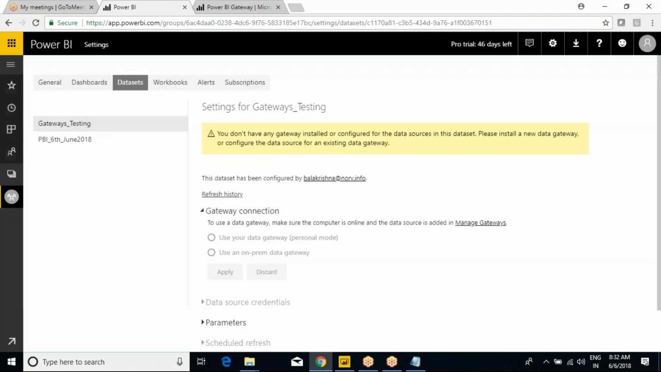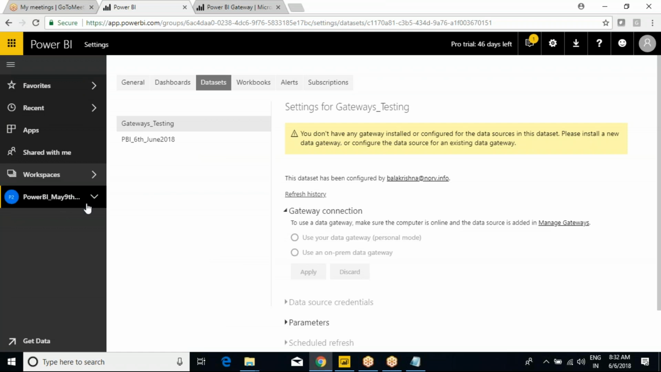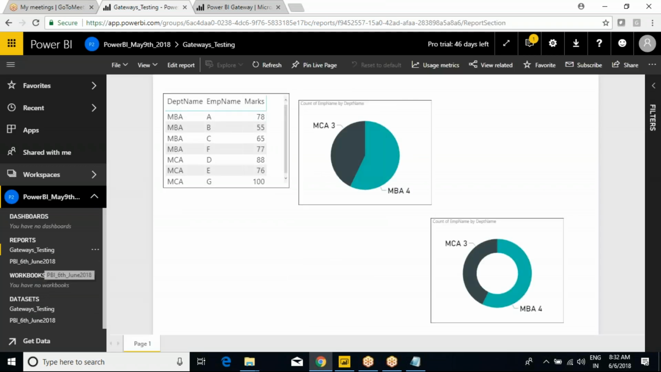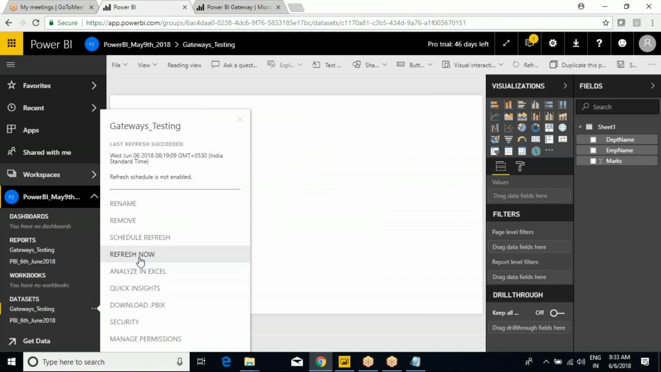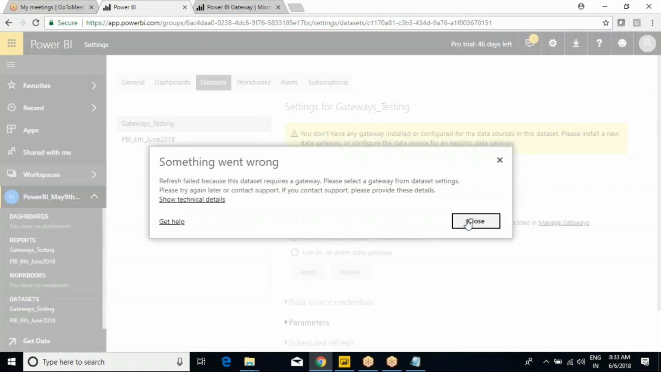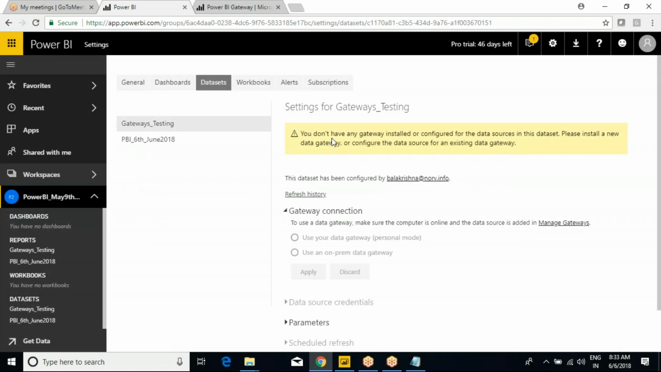Try to refresh. No, we still need to do something. Sorry. So now go to our workspace. Click on this symbol and go to our report, sorry, dataset. Click on this one. Click on Refresh now. Now click on the close button. Still it shows that you don't have any gateways installed or configured for this one, because we installed it, but